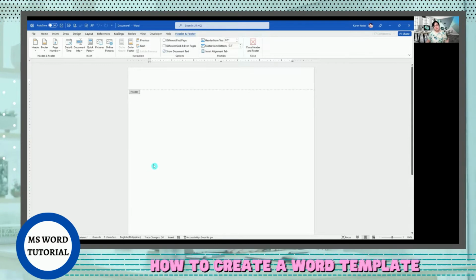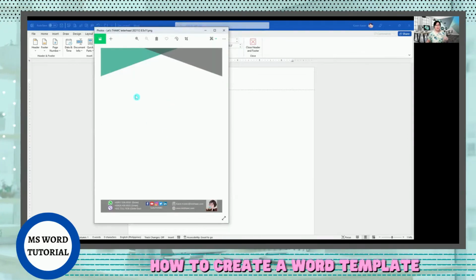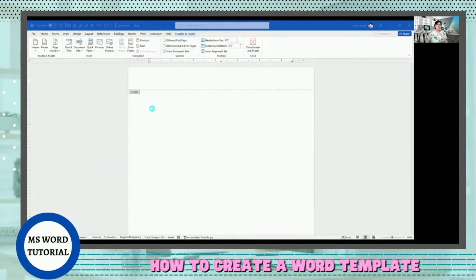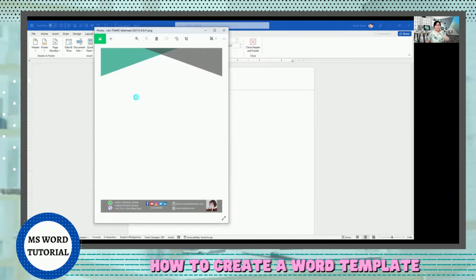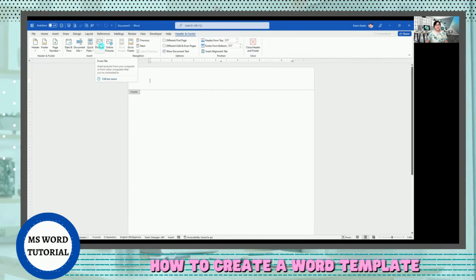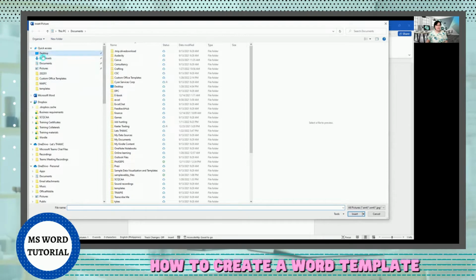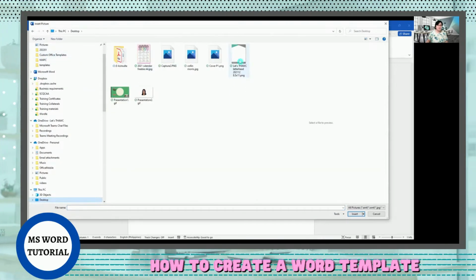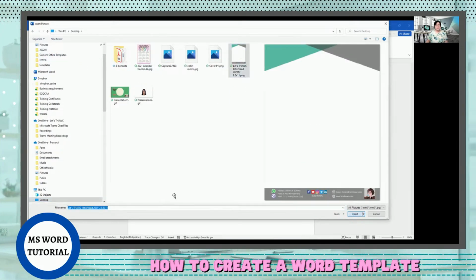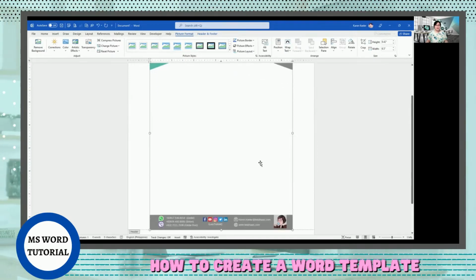Now, I've already shown you the file that we will be adding in our file. What I need to do here is just click on pictures, and then I will just open that file. I've already placed it on the desktop so that it will be easier for me to get it. There you go. So now I have this in my